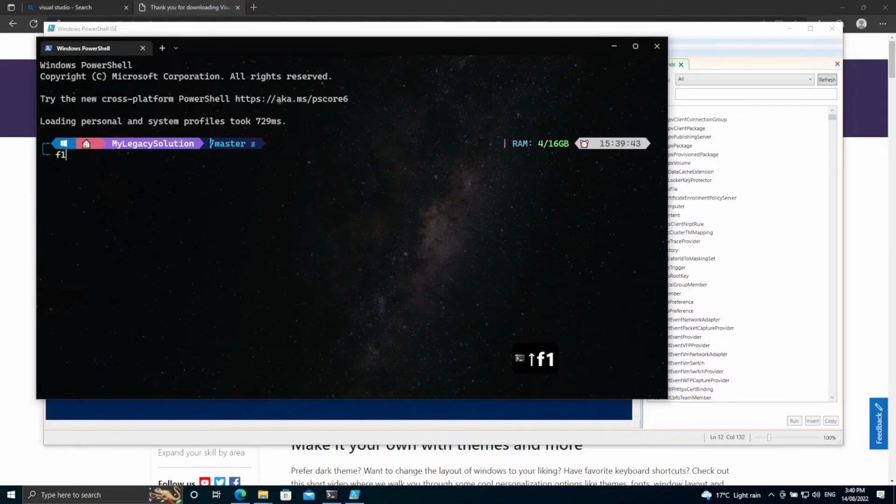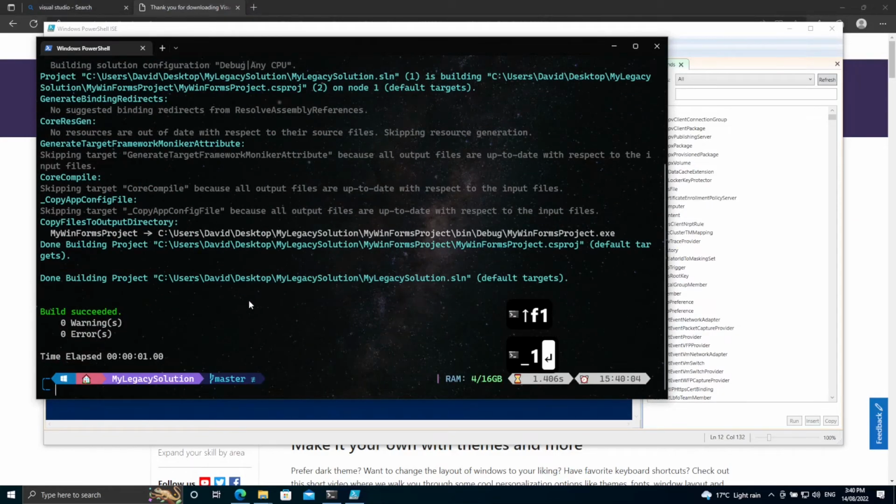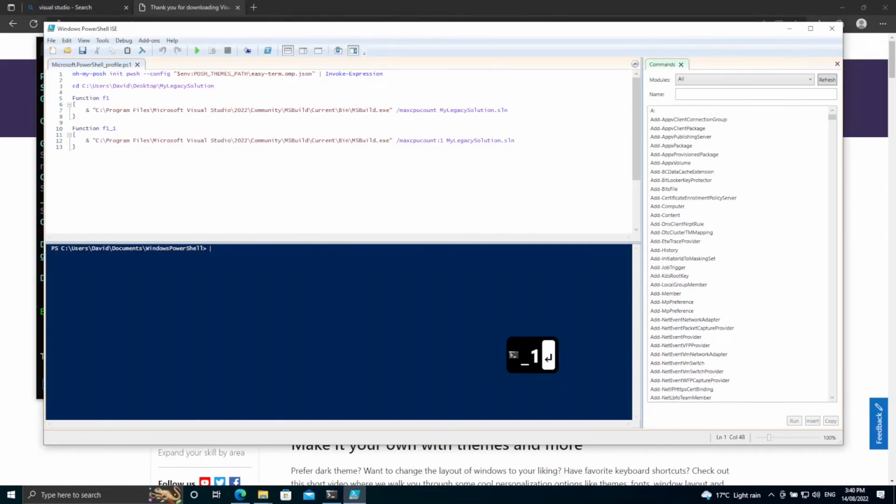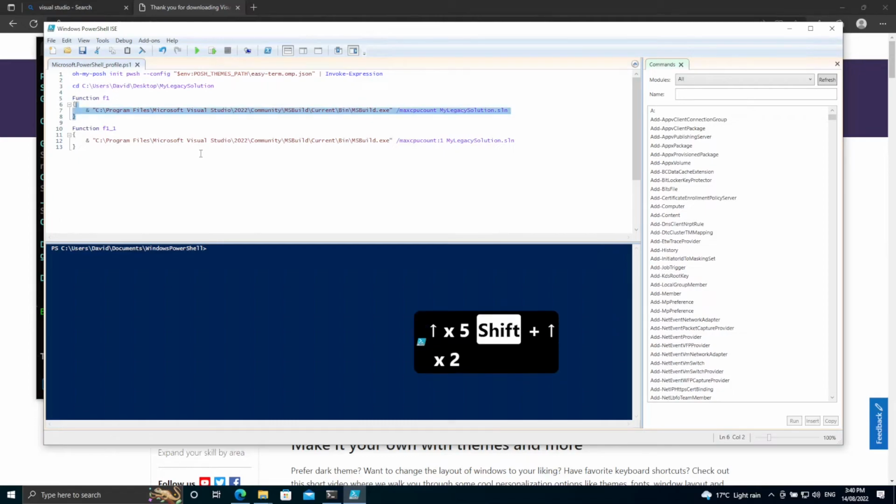F1, single core, so a little bit slower. Now, we did that for building. Now, what about cleaning? I wanted to clean the solution, right? I can actually copy this one. So